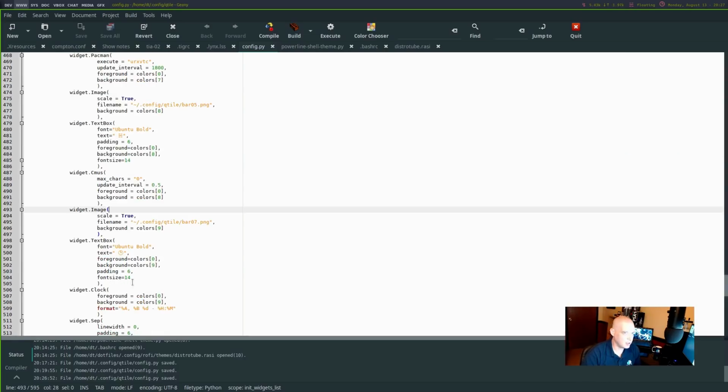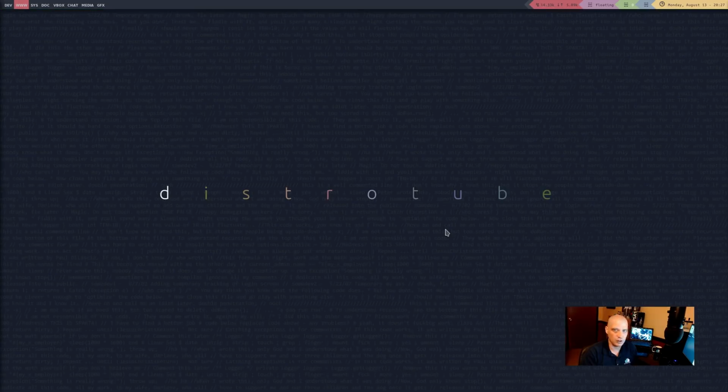So I've got everything set. I've got the background for all the widgets set to something different, and then I've got the arrows corresponding to the different backgrounds for each widget also set. So if I save the document and I restart Qtile, I should have my new theme. Let me do the restart. Okay, and I think it works. Let me close Genie. I don't need it open for now. But there you go. It's my new color scheme with a power line effect kind of going on in the